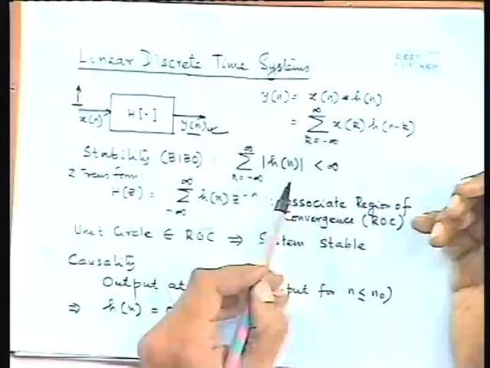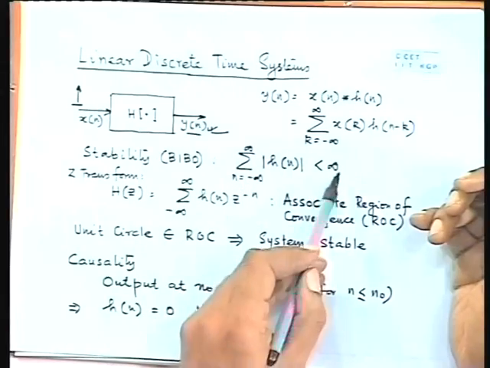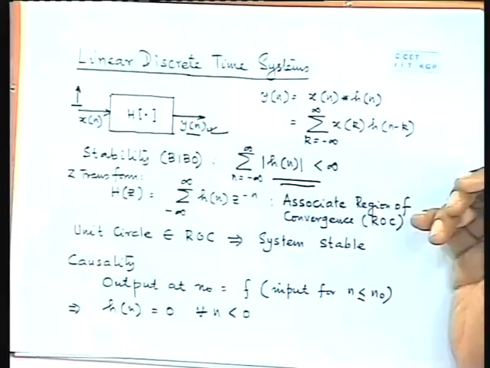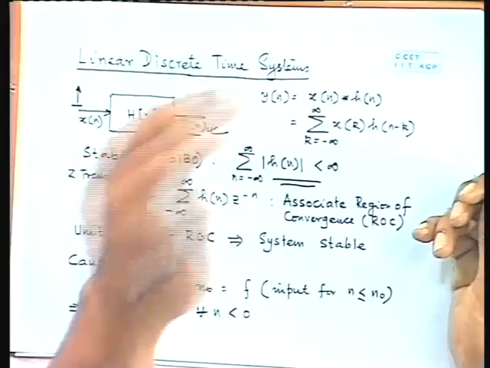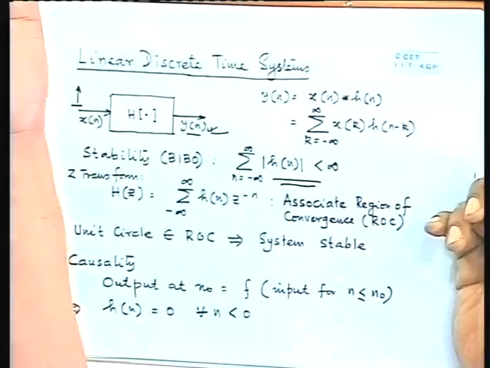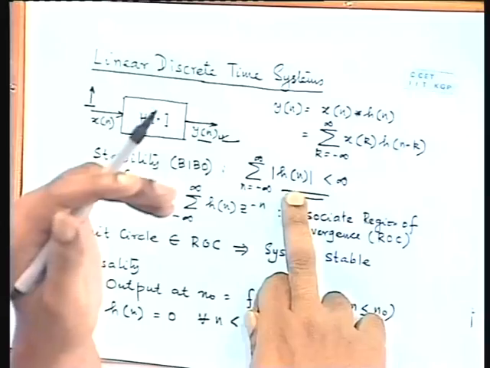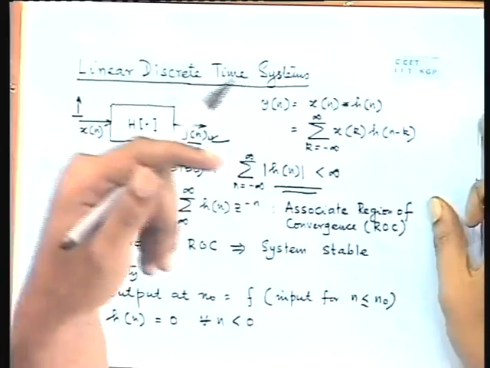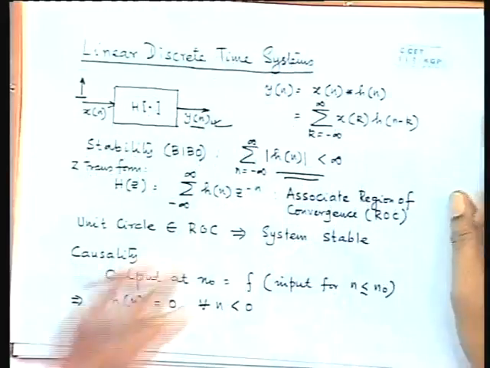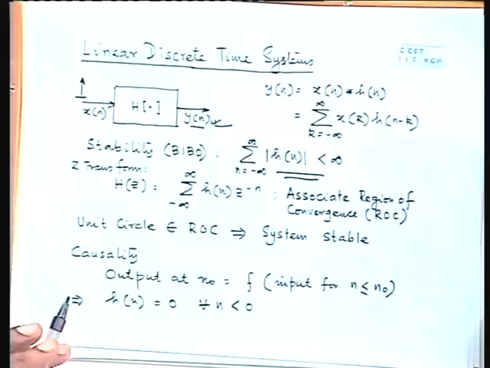Okay. So if its impulse response sequence satisfies this mathematical condition, then this system is bounded input bounded output stable, and vice versa. If it has to be bounded input bounded output stable, then its impulse response sequence must satisfy this. So it's if and only if. Right? This proof is rather simple.